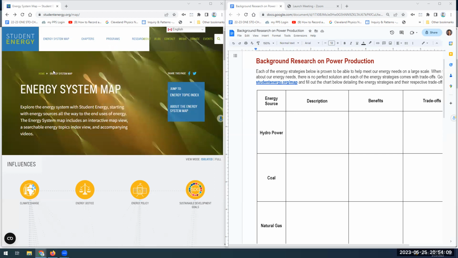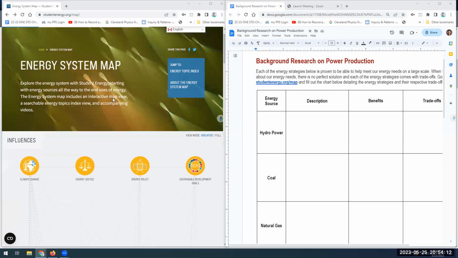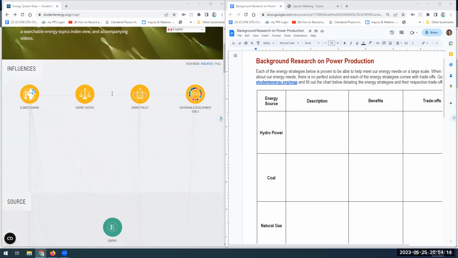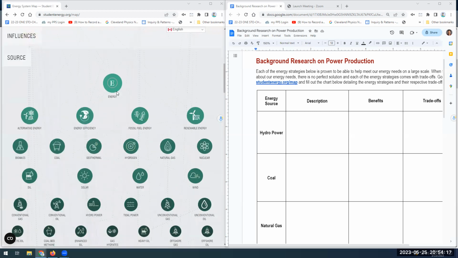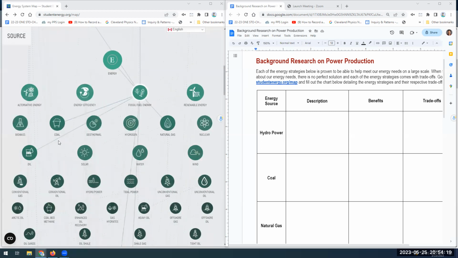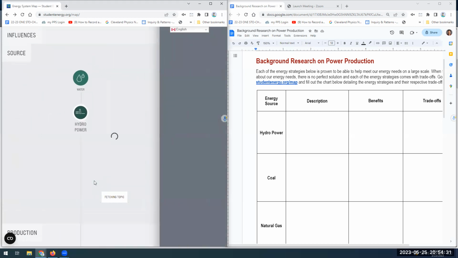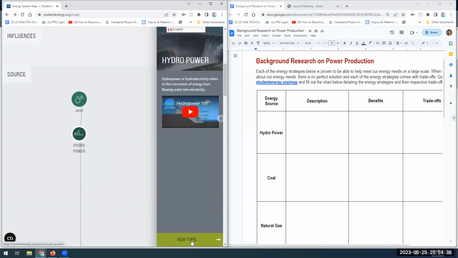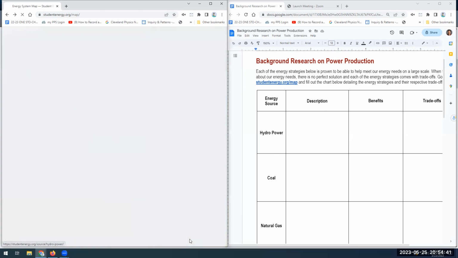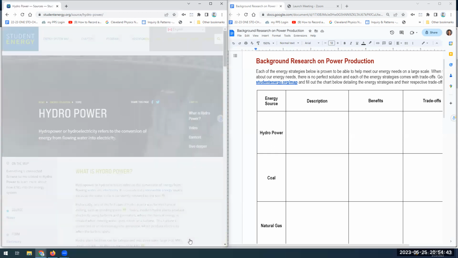Notice on the student energy website that I have here on the left, it says energy system map. If I scroll down here, I'm looking for hydropower, and if I look carefully enough, I will find it. It's right here. You want to actually do this on your computer just so you get a sense of how to navigate this. So I'm going to click on hydropower, and notice I'm going to get this little side panel here. The side panel says view topic. You want to just click view topic because that's going to take you to all of the information about